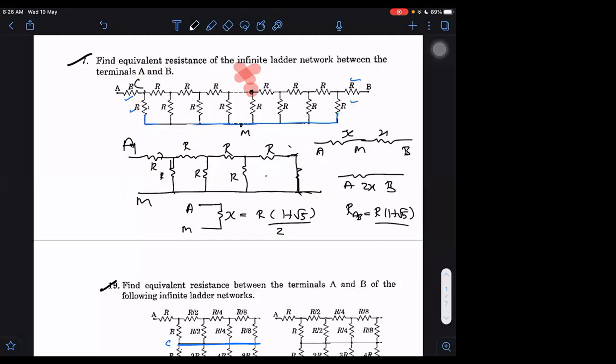Sir, yes. So between A to C, when finding the resistor it is 1 plus root 5 by 2. We take R first and X after that. The diagram you need to have X, R is first and X we take after that. Up to M, we take the way we normally do: R and X. And X here. It is A and it is midpoint M. A to M is also again X.